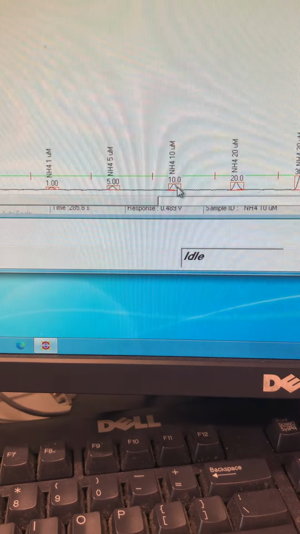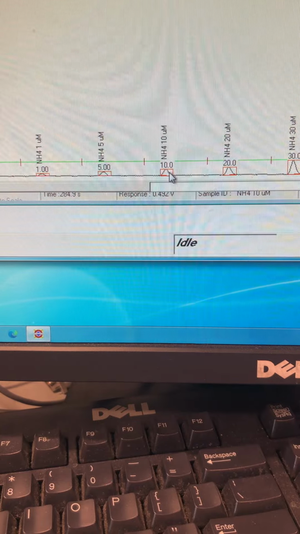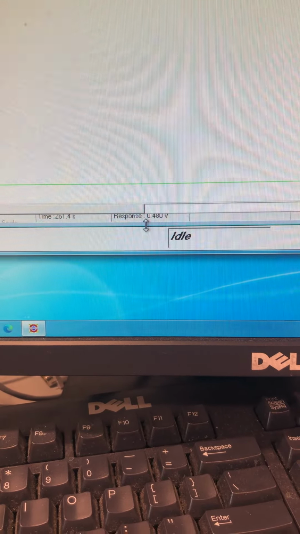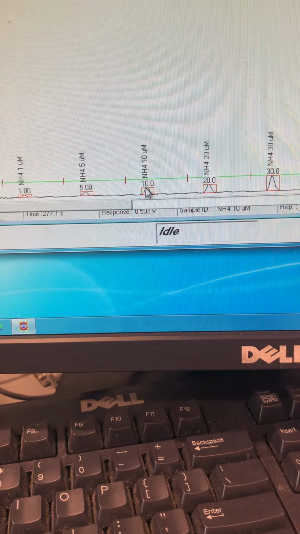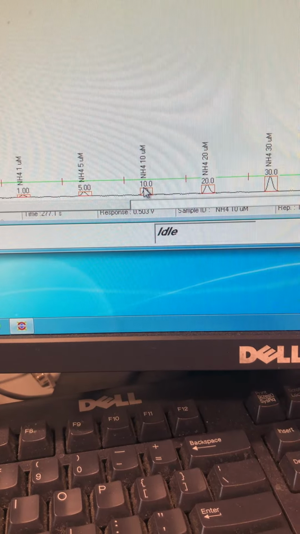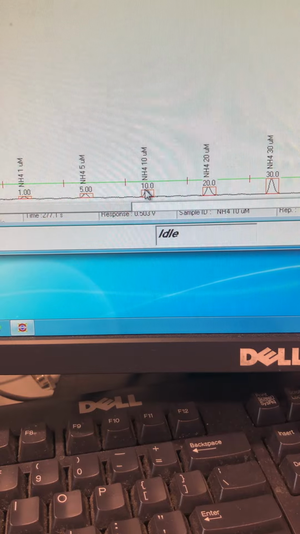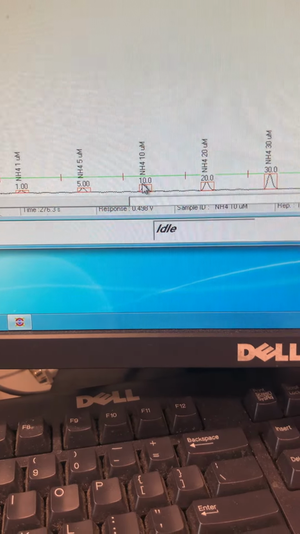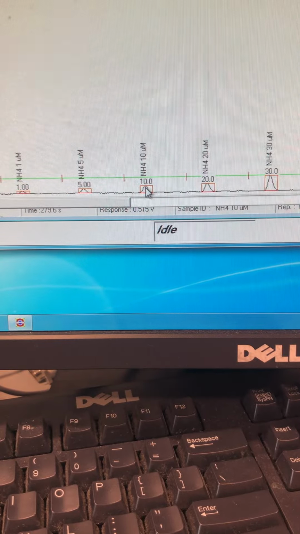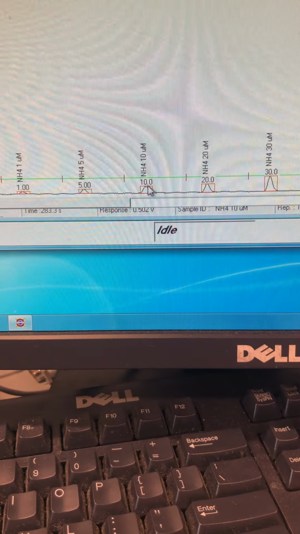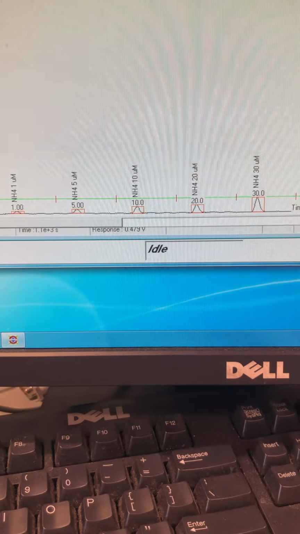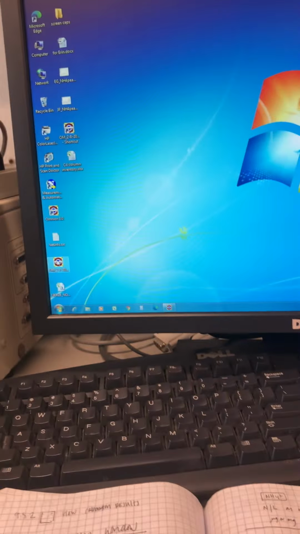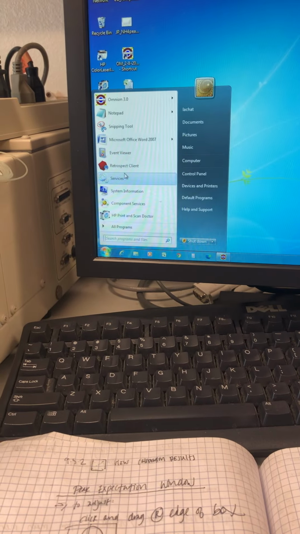Now, if we want to know, you can see maybe on the very bottom here, it's giving us a tiny bit of data that's sort of cut off, happening at 27 seconds, what the analyte is, what the concentration supposedly is. However, if we want to see the peak areas associated with each of these data points, the best way to do that is to close out of this for now. I'll minimize this. And then if we go to the actual computer itself,